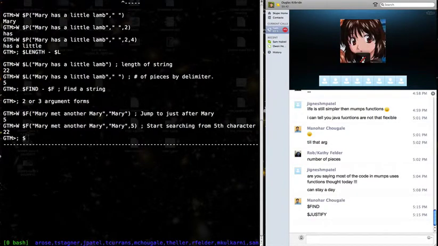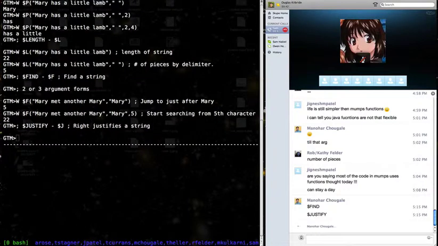And then our last command we covered today is justify, or $J. This right justifies, or if you're doing Hebrew, left justifies. It doesn't matter; it will also work. Right justify a string, and the simple way it works is right